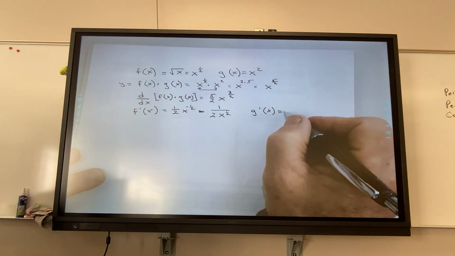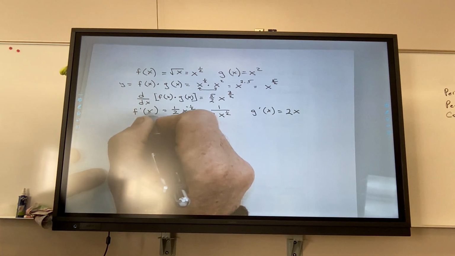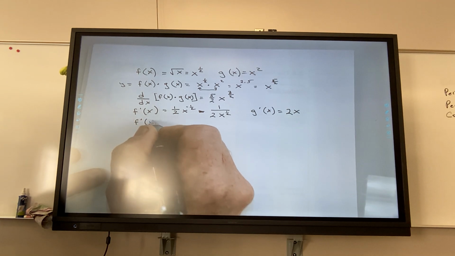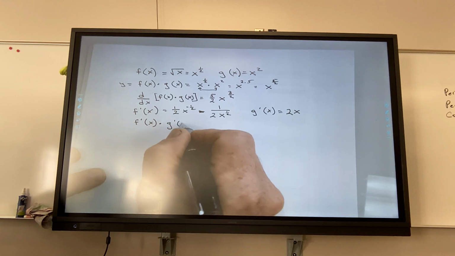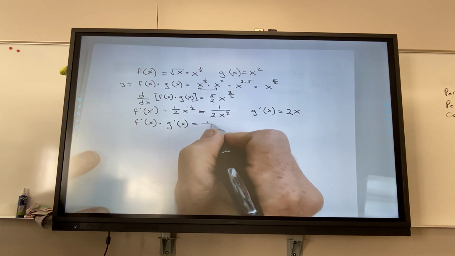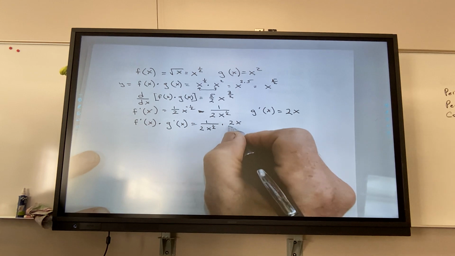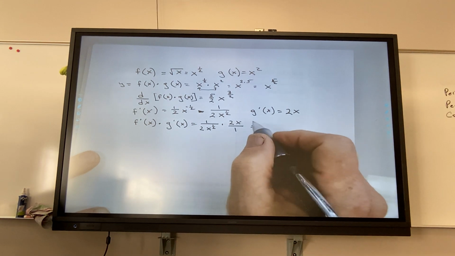So again, if I apply the power rule, I get 2x. Now, if I multiply the derivatives, I would have 1 over 2x to the 1/2 times 2x over 1,